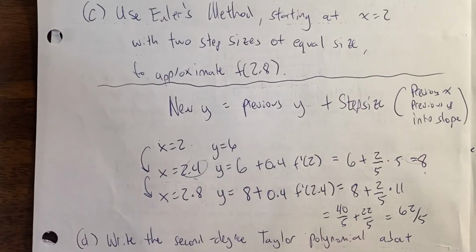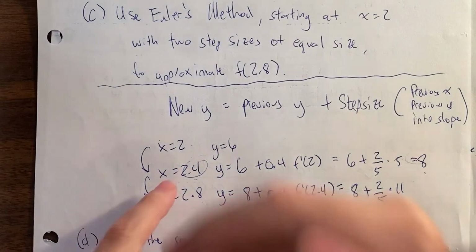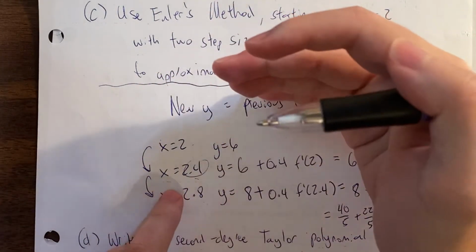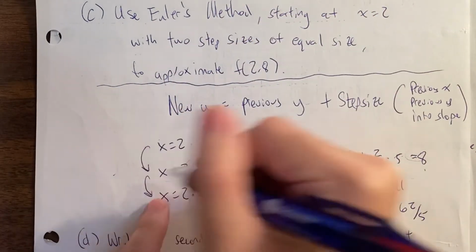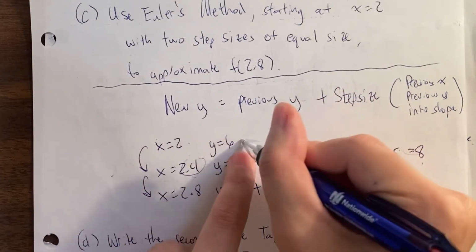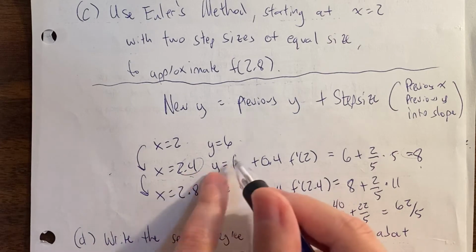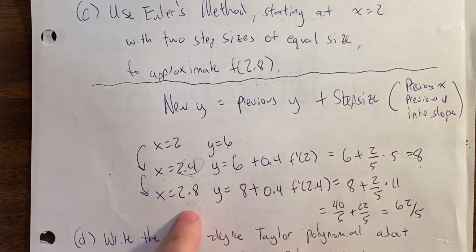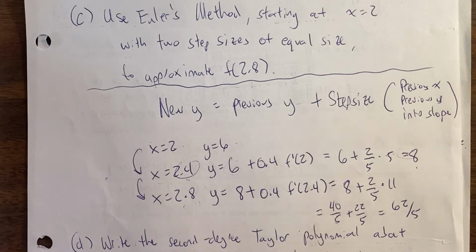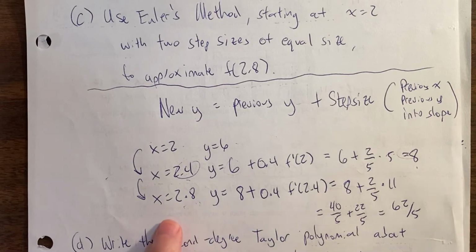Euler's method, definitely not the worst thing in the world. Just be careful with it. Use the previous line to find each successive line. So for this line, we use previous x, previous y right here, and then previous x, previous y to find this one. If we had to do other steps, if we had to approximate, for example, the value at 3.2,